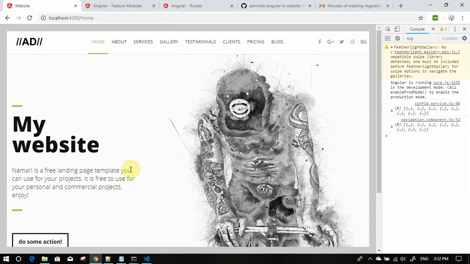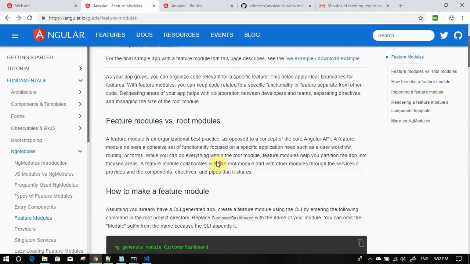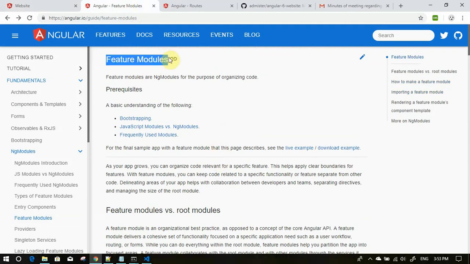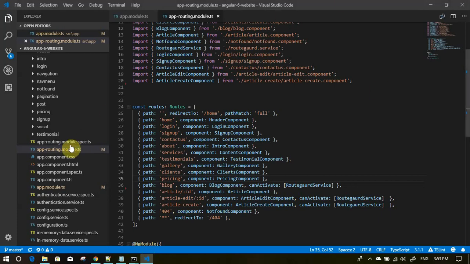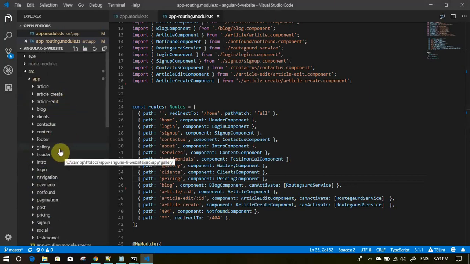Okay, let's continue. So in order to add the profile section, I have a new idea. We are going to use feature modules. So what are feature modules? Feature modules are a step ahead of a regular module. If we look at the list of components that we created, there are n number of folders. As the application starts growing, there will be more components added, but this is not the way we should be organizing a big application, and it simply is not possible to do individual updates of these components. So in order to maintain that, what we do is we create a feature component,